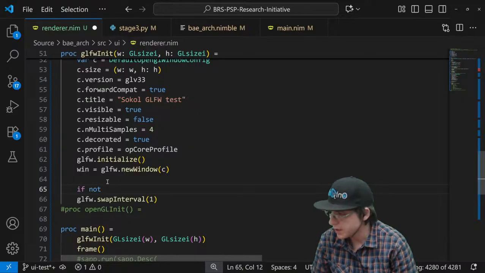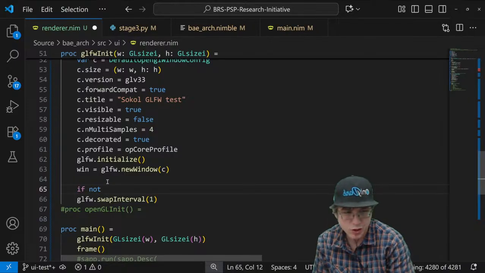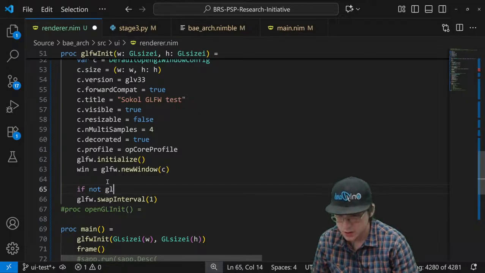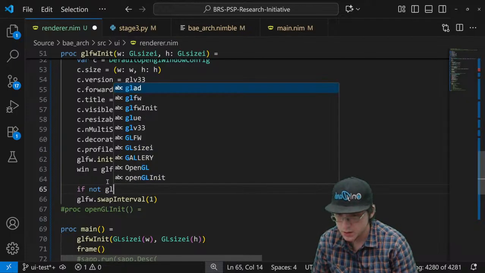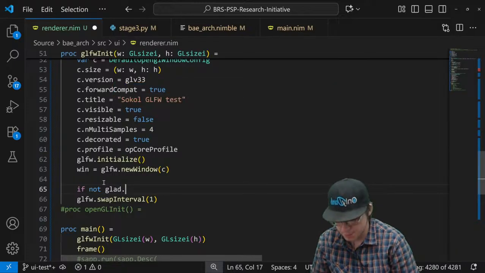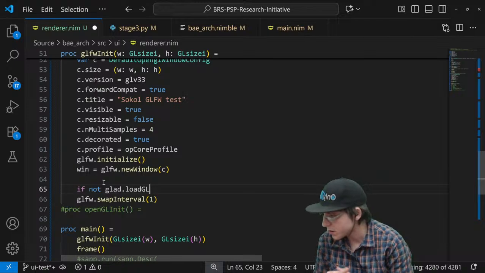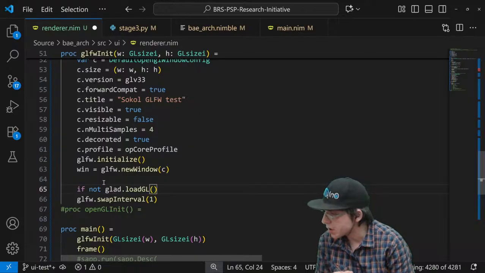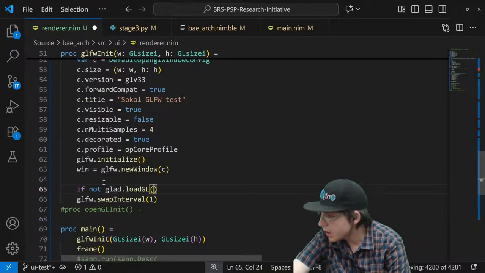Alright, so this right here, I'm just checking to make sure the window loads. Glad dot, I bet it's just load GL. And then what is get proc address? What is that?